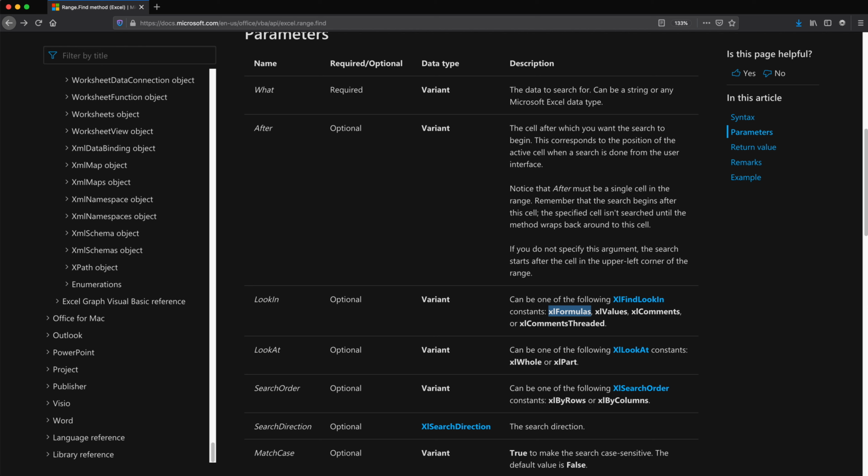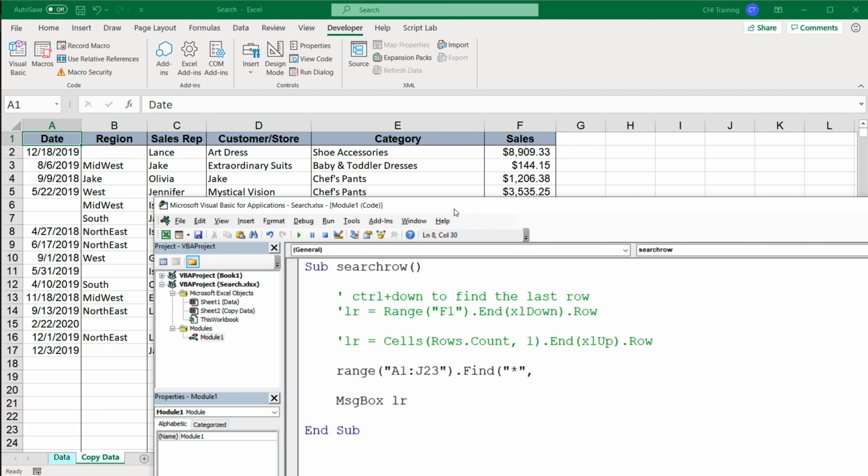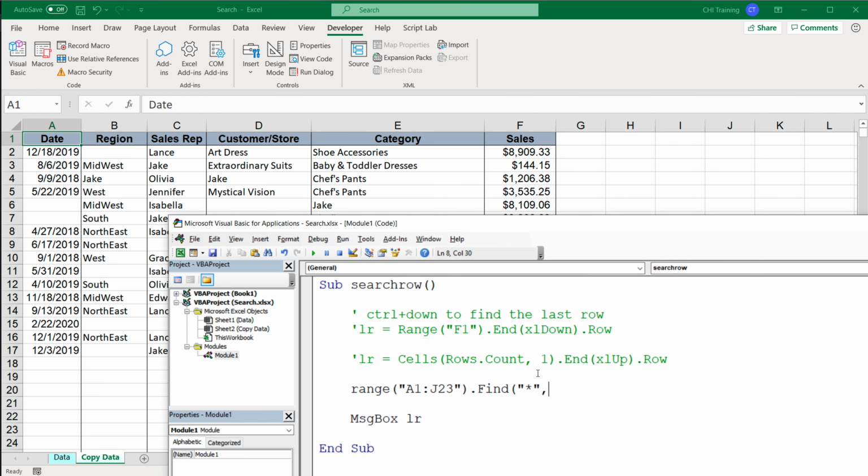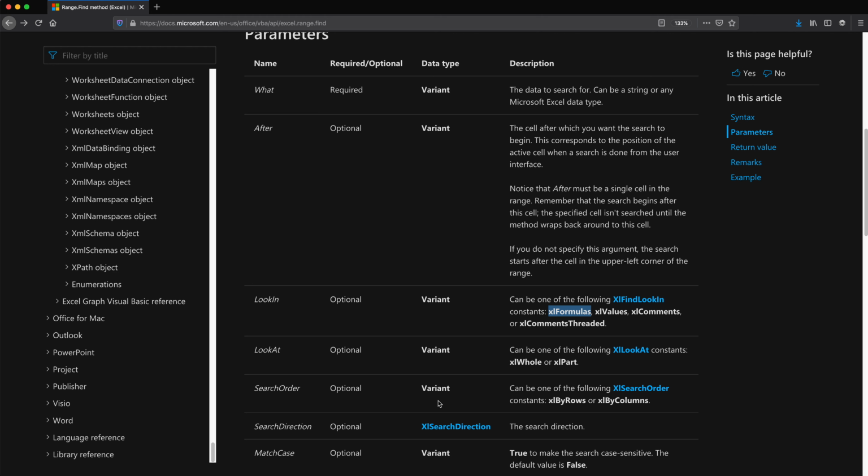I'm going to go back to my code, and here, first of all, let's just do the cell where we want to start searching. So I can use again cells object to say to start searching from the first cell on top left, which is cells 1, 1, comma, and then we're going to do this look in, which is basically where we want to search. So by default, it was formulas. And then we have look at. Let's go check what options we have here. So for look at, we can either search for partial match or a whole match. So I'll do a partial match,